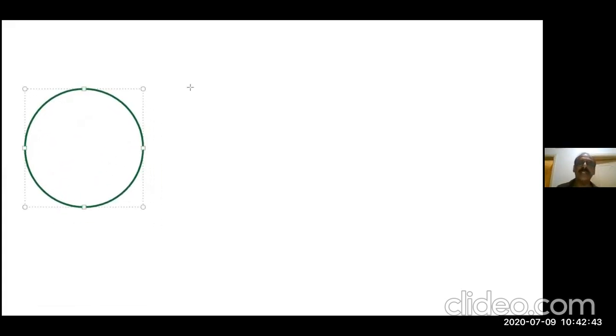Here, this is a circular track, and an object is moving along the circumference with a uniform speed. So the speed is the same everywhere. Say 3 meters per second; all the time the speed remains 3 meters per second. Remember that. The radius of this circle is R. So the speed is V, the radius is R, and everywhere the radius is the same.